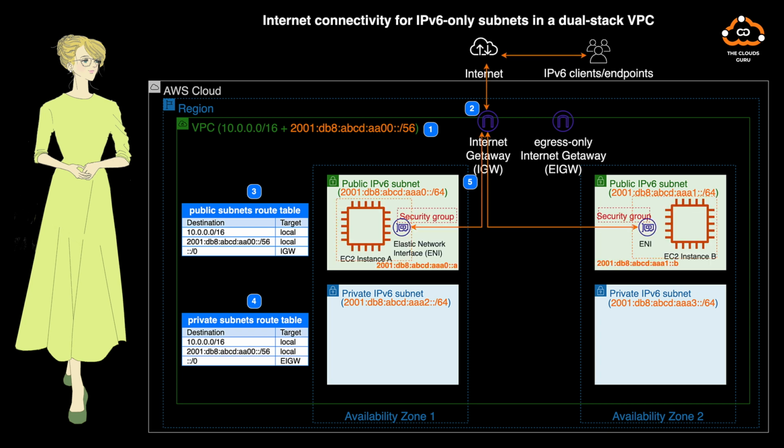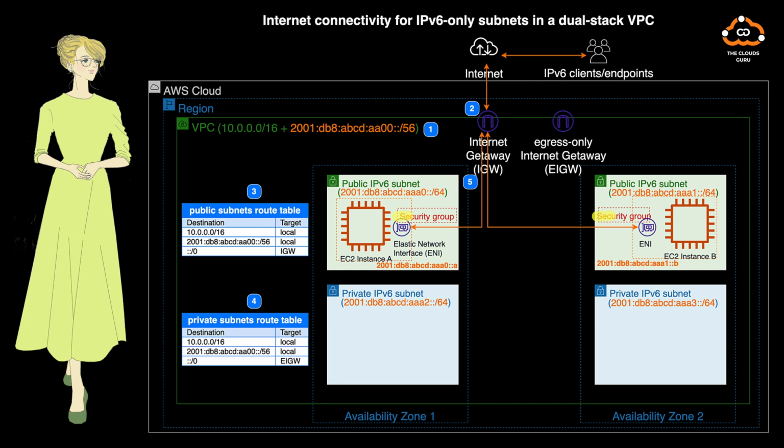Compute resources in public IPv6 only subnets use the Internet Gateway for IPv6 internet connectivity. They can directly initiate an outbound internet connection and accept inbound internet connection from IPv6 endpoints in the Internet,